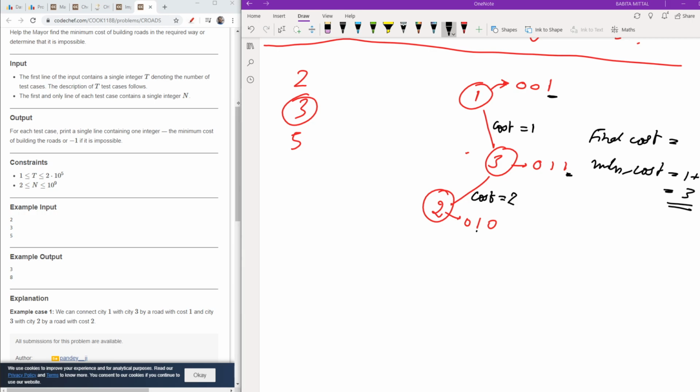Next the example which is 5. See, I have already made a structure from 1, 2, 3. I don't need to make another structure, because I arranged 1, 2 and 3 like this, and it is the minimum cost obtained for these 3 nodes. For n equal to 5, I need to add nodes 4 and 5 here also. So now I will think.